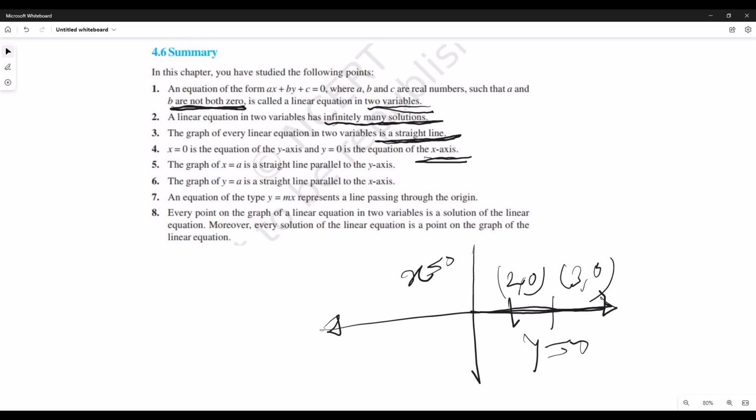Every point on the graph of a linear equation in two variables is a solution of the linear equation. Moreover, every solution of the linear equation is a point on the graph of the linear equation. So what it is telling is that the solutions of a linear equation are all the points lying on the line. And all the solutions will lie on this line only. Any solution will not lie outside this line, right? So if this is the equation, this will not be the solution. The solution has to lie on the straight line that is